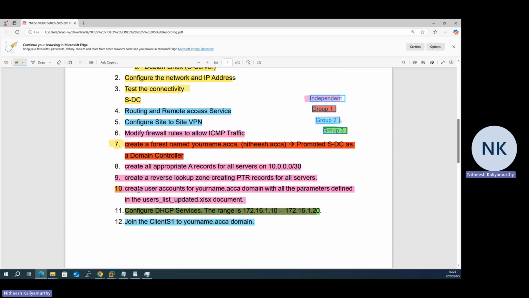So here in this case, we have like 100 users. You don't want to manually type all the users and assign rights. It's going to take a lot of time, and there will be a lot of mistakes, errors happening. So in order to avoid that, you put everything in an Excel sheet, and then you export that Excel sheet using PowerShell scripts. We will talk about PowerShell scripts in one of our videos as well. Okay, so these two things we have done. So the next thing we will focus on is routing and remote access service. Okay,